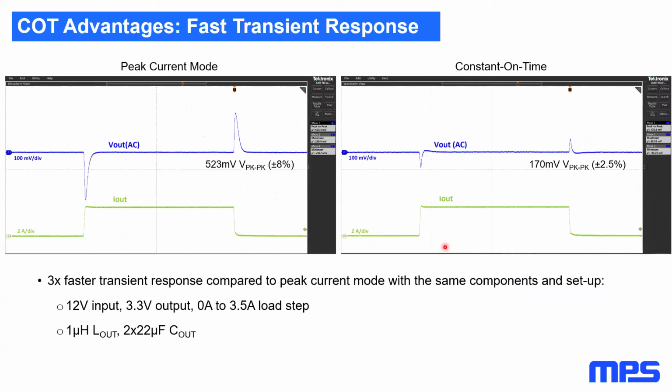In a real example, we took two equivalent converters, one using peak current mode and the other using constant on-time control. And we used them in the same operating conditions, so 12 volts in, 3.3 out, and did a 3.5 amp load step, which in many cases is pretty small compared to what we're seeing, for example, in the core rails for some FPGAs. We use the same inductors and the same output capacitors, and just in this small load step, as I said, we can already see a very big difference between the peak current mode and the constant on-time